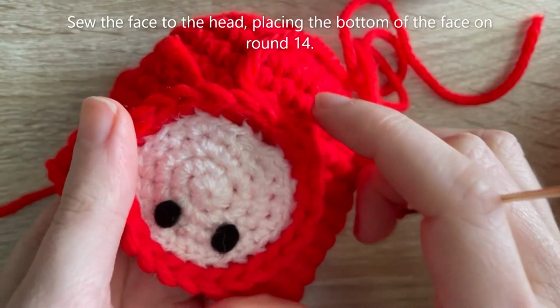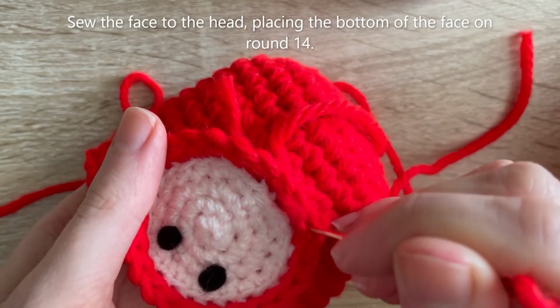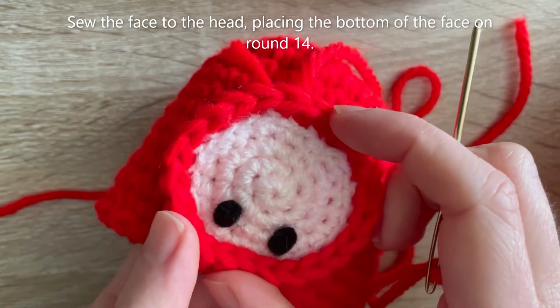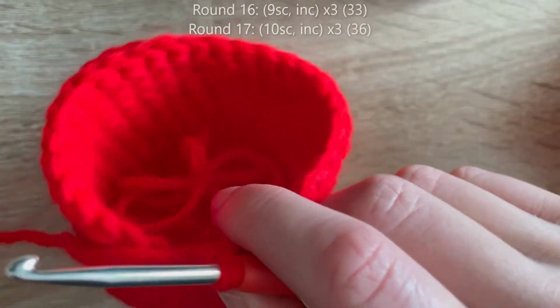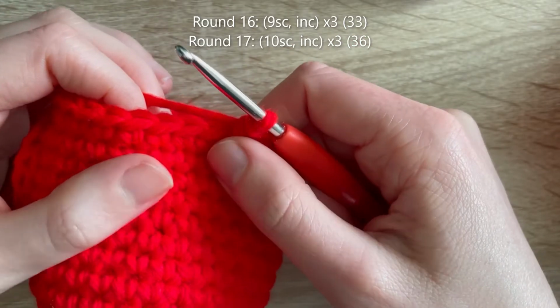And then you can see that that's sewing it down but keeping these V shapes quite prominent still, so they're not completely sewn flat. So I'm just going to keep doing that all the way around, and then I will meet you once I've finished that. So for round 16 we're going to do 9 single crochets, increase, and repeat that twice more to